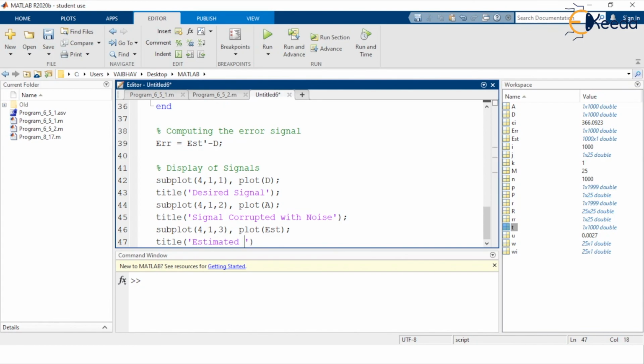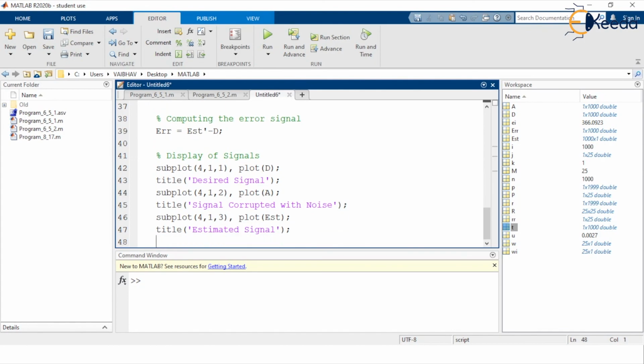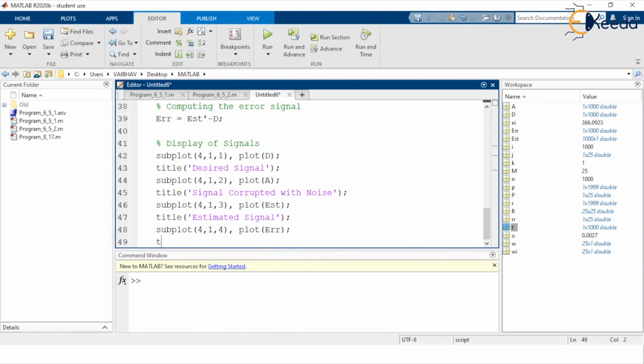Next to that, the last display will be of the error signal, that is a different signal. So this will be the last cell, that is why 4 comma 1 comma 4, the use of the plot command, and here the input argument is ERR, and the title, here we provide the title error signal.